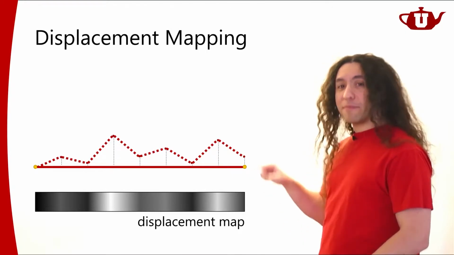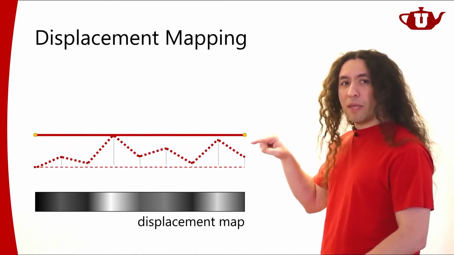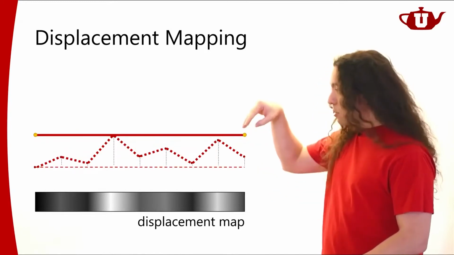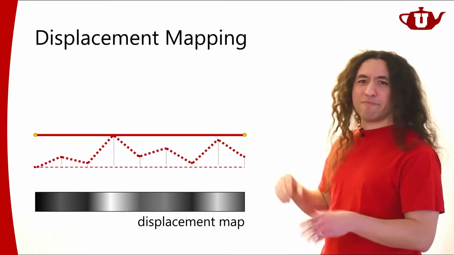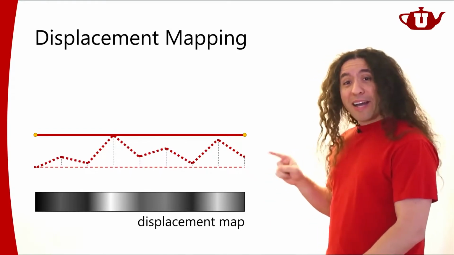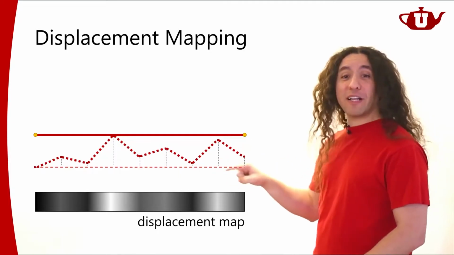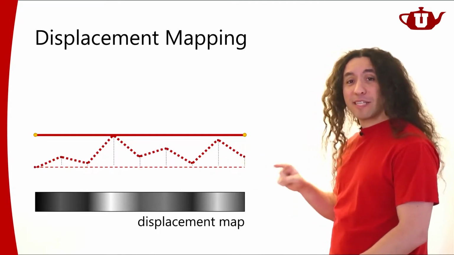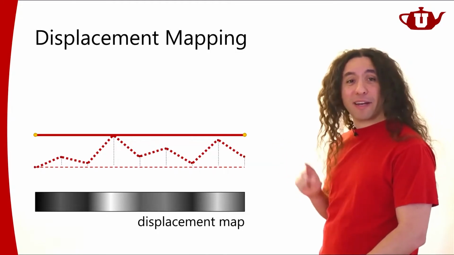So imagine that instead of extending them up, I do the opposite. I put my surface up here, and my depth map just represents dents into that surface. Similar thing, right? So I can actually do this. I can actually get this full geometric detail of this displaced surface without having to render that displaced surface directly. And here's how I do it.